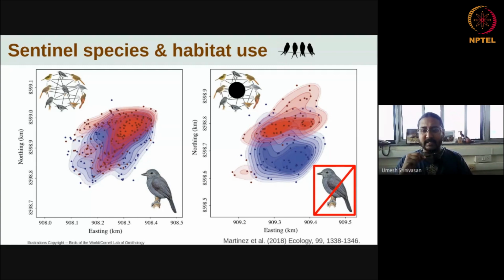But by and large, we can say that there is a rainforest bird assemblage that consists of species like the great hornbill and so on, and a number of other species. You can say there's a desert or a scrub, dry, arid land bird assemblage, which has the great Indian bustard and a number of larks and so on. So by and large, you can say that there are sets of species that are unique to certain habitats. So that's the extent to which we